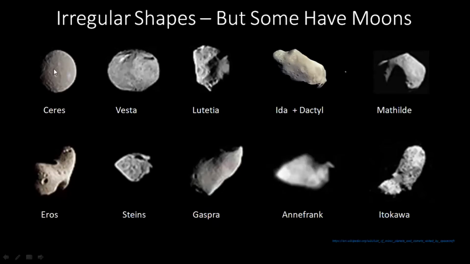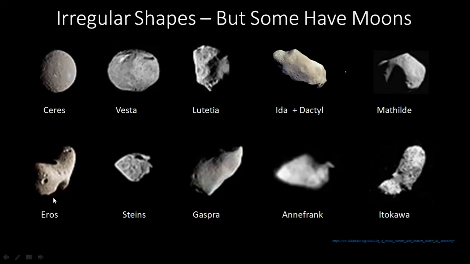Up at the top left, we have Ceres, which is the only asteroid that's a minor planet because it has made itself round. And you can see, though, that other asteroids are far from it. Some of them don't even look like they're trying. Vesta comes pretty close. It's the second largest and an almost round asteroid, but we have asteroids like Eros down